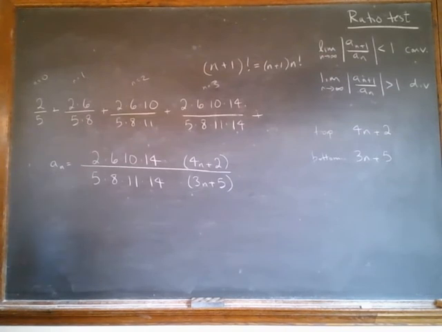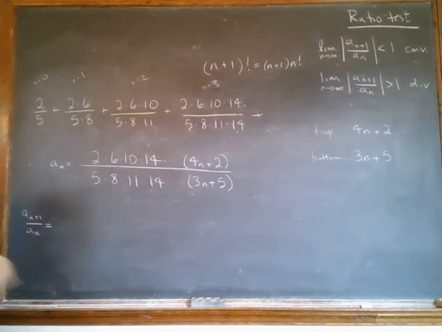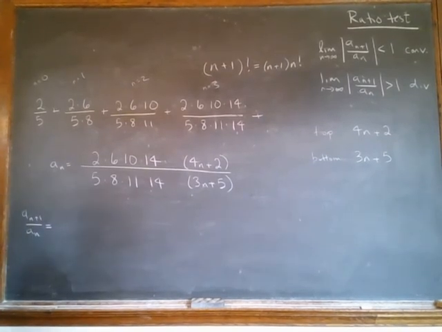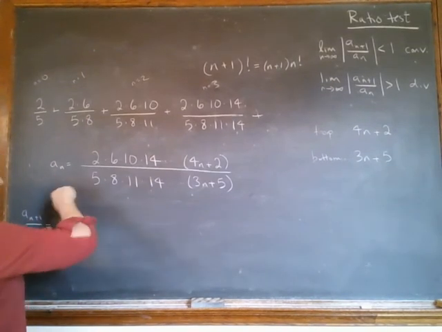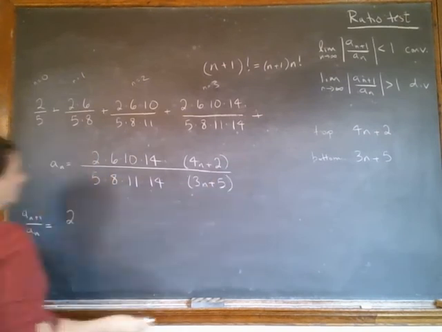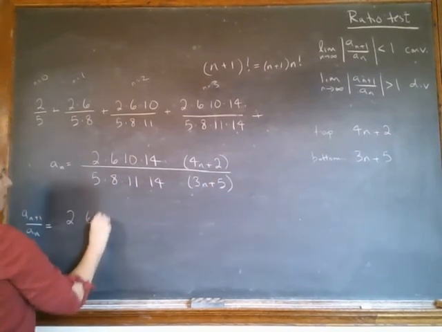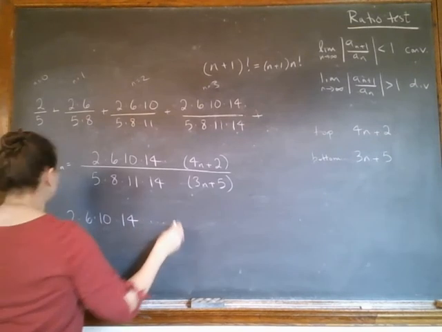Now I need to do a_(n+1) over a_n. So what do I do with a_(n+1)? It's the exact same thing, only with one more term. So I'm going to write out, so I don't confuse myself, all the way to the a_n,